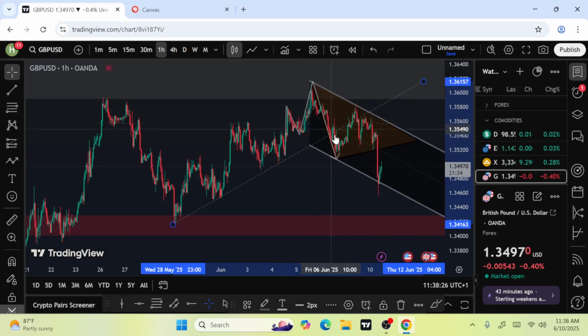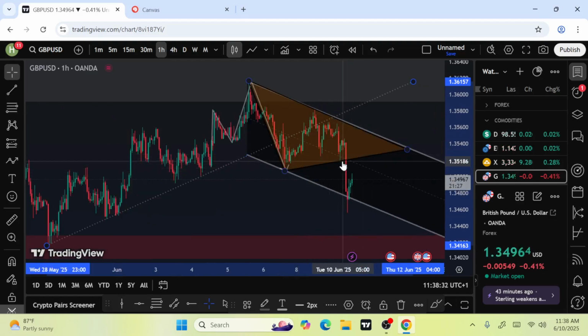So we now have a lower low, lower high, another lower low. So this was where we entered this trade, because I saw this consolidation and market was coming down to this place and it broke it, boom. And I called a sell at the price of 1.35. Market was here, but I said that the sell zone is in between 1.35 to 1.353. So that is from here to here.